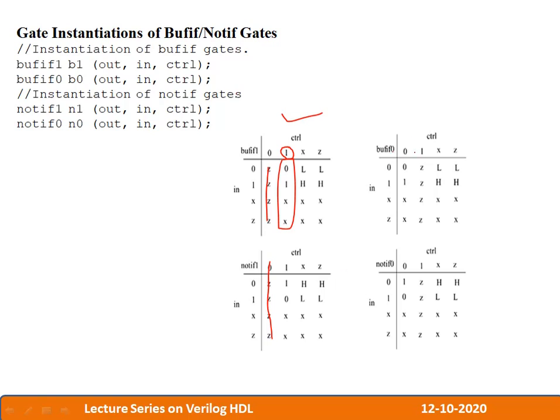Similarly over here, buff if 0. If 0, look over here. If 1, it is high impedance. Then you may ask, what if the control signal is X or Z? If it is X or Z, then you just remember two cases. If the control signal is X and if input is also X, the output will be X. If the control signal is X and the input is Z, the output will be again X. See, for input of X and 0, output will be always X. I can see here, for input of X and Z, output is always X in any case.